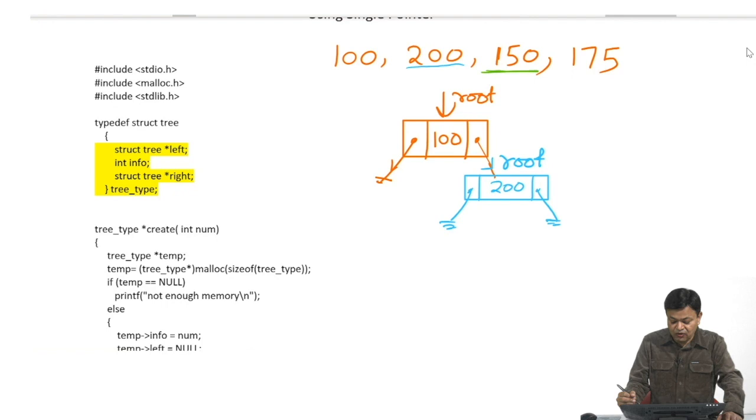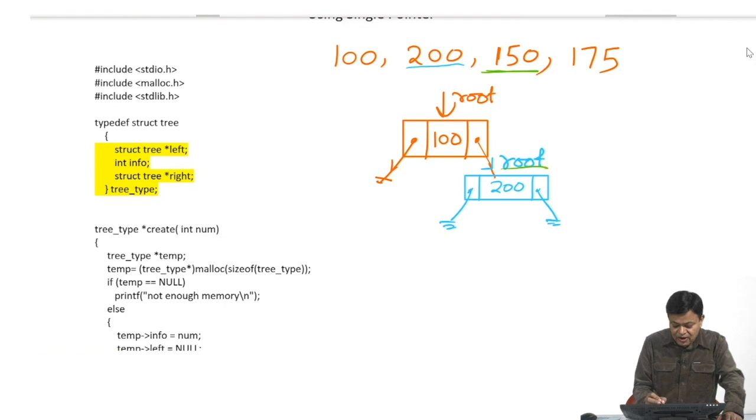Now, we will follow the same process. We will compare our number, that is 150, with root info. Root info is 200 and 150 is less than 200. So, we will check root arrow left. Since 150 is less than 200, we will check whether root arrow left is equal to null, because this is the root.